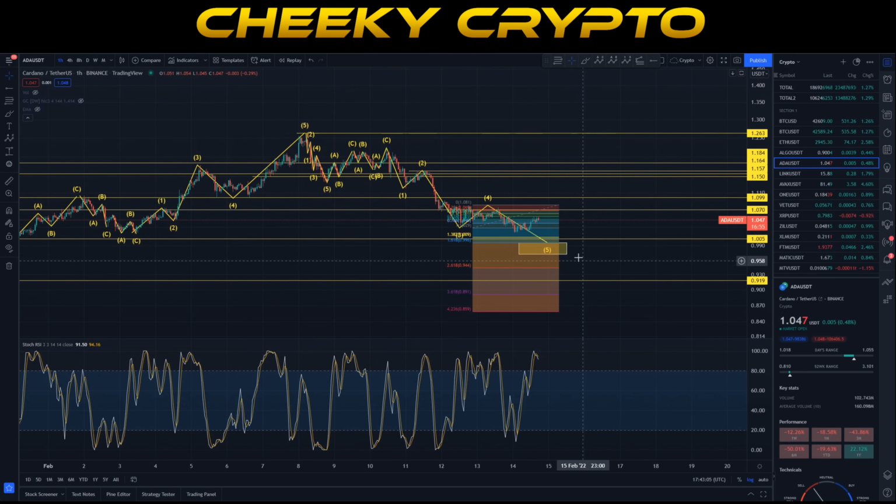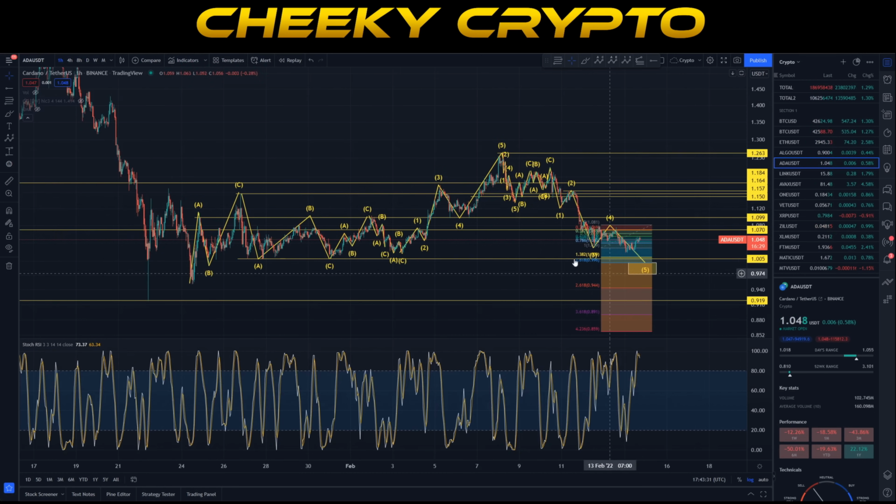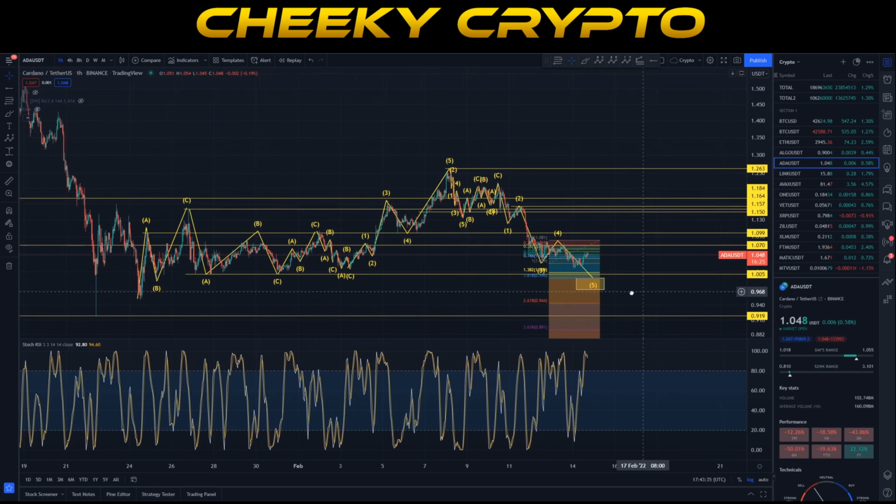Right now, it's just below $1, but it could easily be that the dollar level actually holds and we don't go for that full extension of the 1.618 or into that little buy zone I have actually marked out down there. Ultimately, once the hourly and the 4 hourly charts are corrected, Cardano is in a really good spot for a really good push to the upside. So it'd be really interesting to review how this data forms out over the next couple of days and to see whether or not the market conditions are really favorable for a good push to the upside, and this whole corrective pattern is finally put behind us.